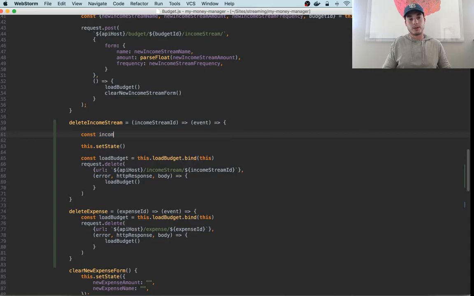So we can do const income streams with deleted income stream removed. This is a long variable name, but it tells whoever's reading the source code exactly what's going on. We're going to take the current income streams and remove the one that we've deleted, so that current array will be the same, except it will have the deleted income stream removed from it. So that's going to be equal to